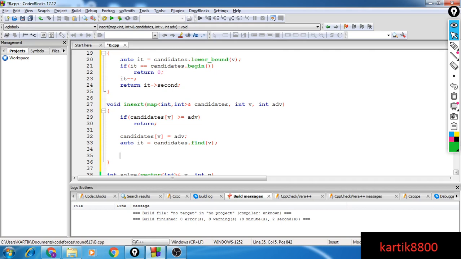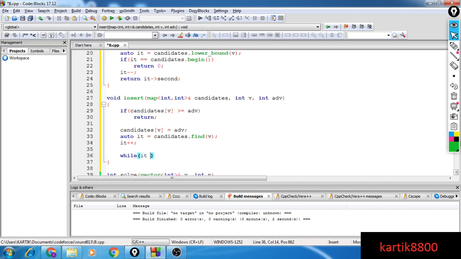Now I know that it must be here, but I will be deleting some elements that have a value greater than v but give a lesser advantage than ADV. So let's just go to the next guy. it++ represents the value that is just greater than v in the candidates map.